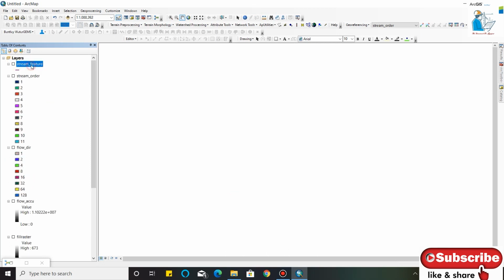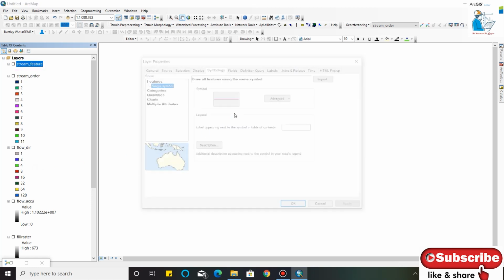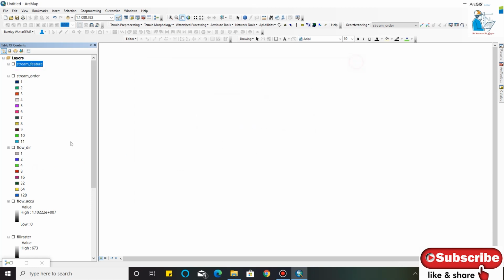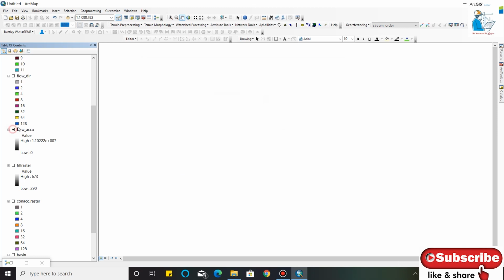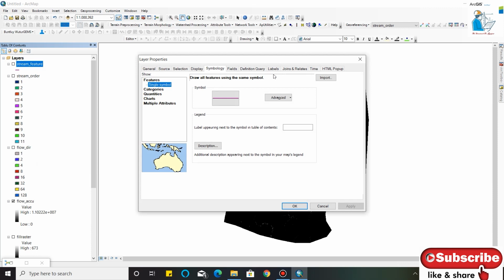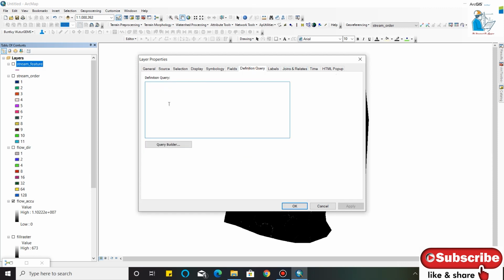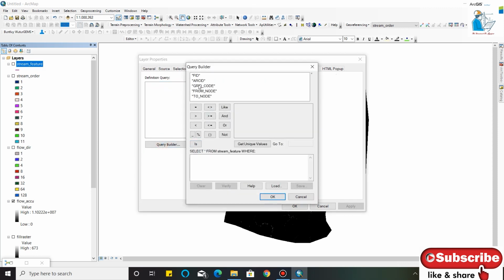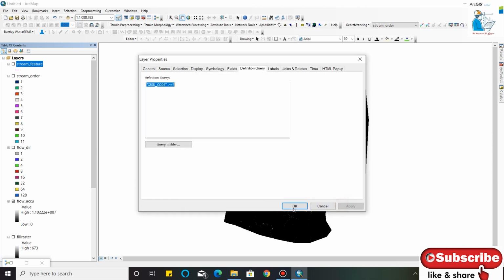Okay. In stream feature, in definition query, we will make grid code greater than or equal to 7 and click OK and apply.